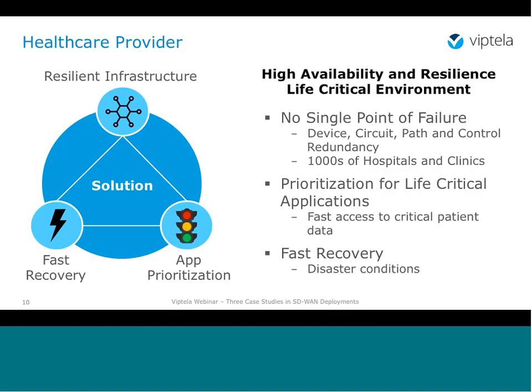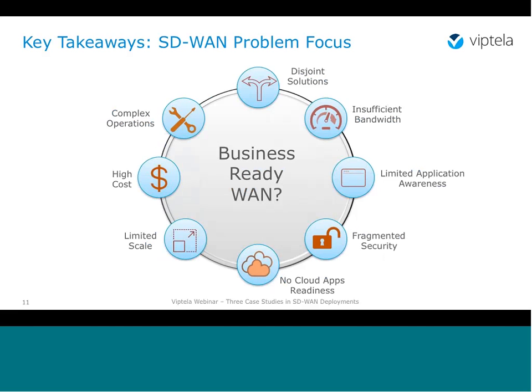And that's really the power of diversity, and to be able to accommodate all of those environments, which made Viptela a natural choice for those organizations. Thank you, David. And if I were to bring David's examples together in one picture, this would be that picture